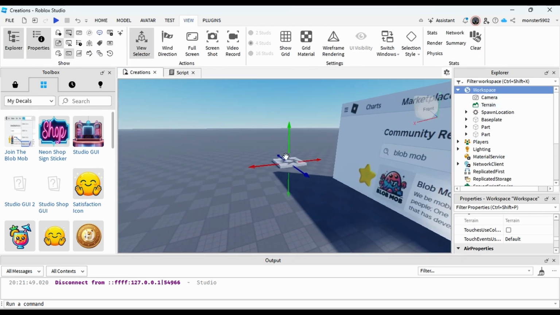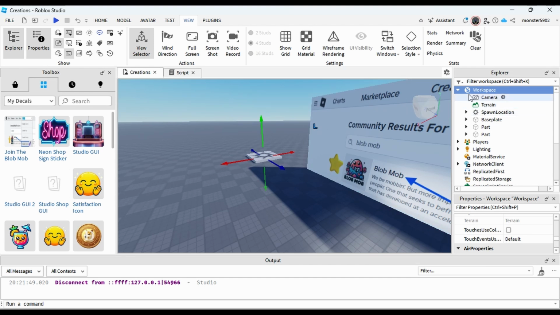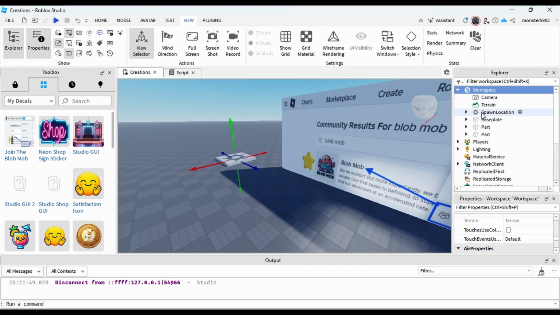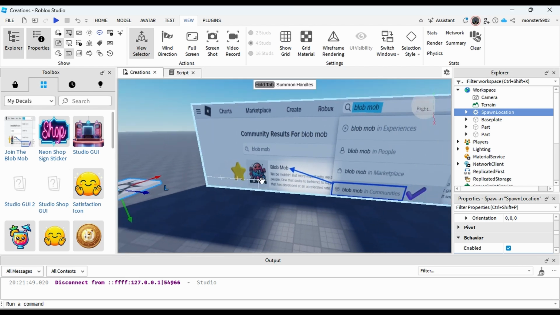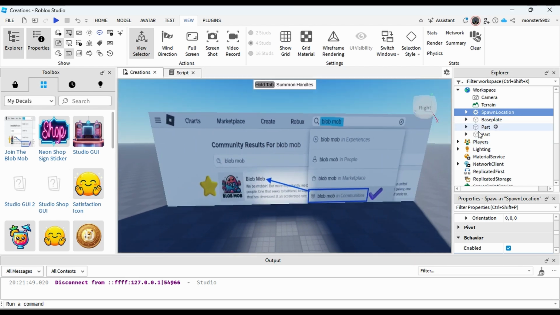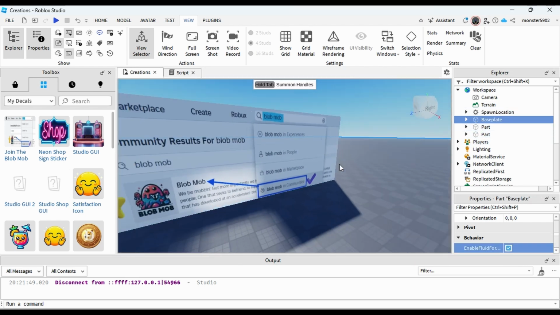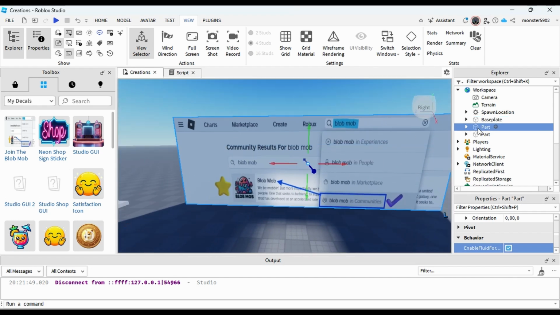The workspace is everything we see in here. So as we can see, if we open up the workspace, right, I've got it opened up here, we can see that there's a spawn location, which is where people spawn, and we've got all of the different objects in here. So we've got the base plate, which is the full thing, and then a part here for the guide